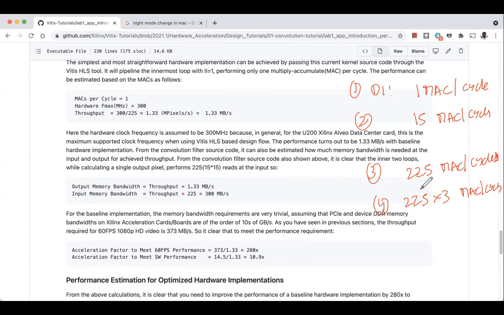You bring them once and store them in some registers. But then how do you get the 225 input pixels in every clock cycle? Is it possible? In this particular case, you need to get 225 into 3 inputs. How do we get it?